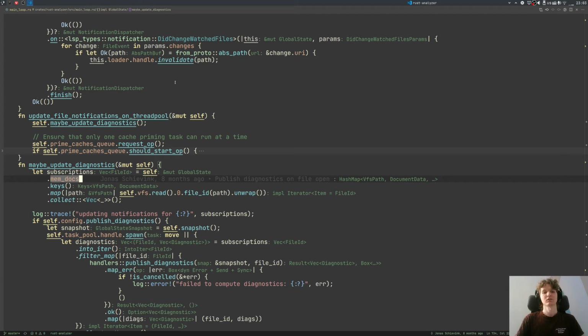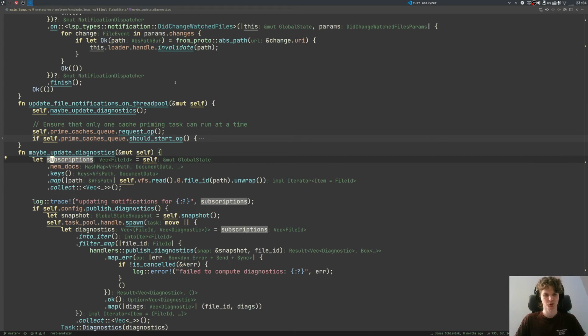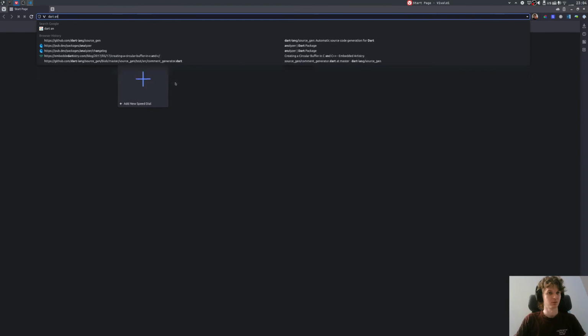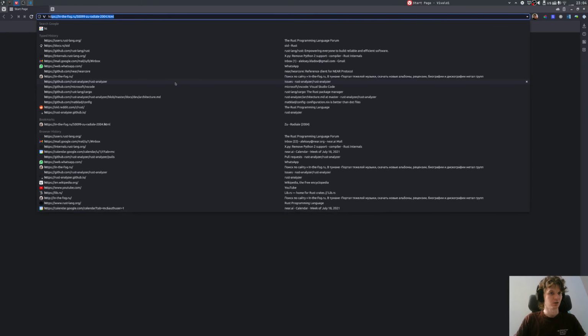I do think that if implemented properly and optimized correctly, it shouldn't be a problem to compute diagnostics on the fly for large projects, but not for really huge projects. And I do want to have an architecture which scales to huge projects. That's why we try to do this optimization and send diagnostics only for visible docs. By the way, we call this subscriptions. We kind of fake it that the client subscribed to diagnostics for this file. And the idea of subscriptions comes from